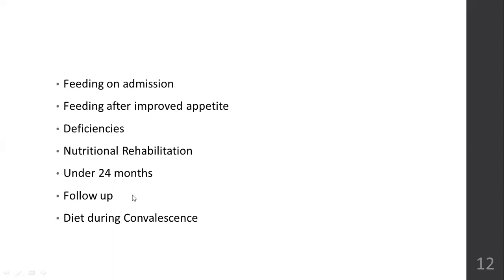Even though the child has been discharged, you can't say the child is completely healthy. The child is in the convalescence period, in which the child is moving towards optimal health. Optimum health is a destination. The child has not reached the destination yet; it is on the way. That is convalescence. So you should not have any setbacks during this period. The income of the family, social factors, and other environmental factors like an infectious environment should not affect the child during convalescence. The parents have to take additional precautions for that.